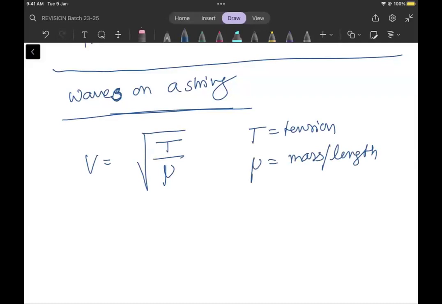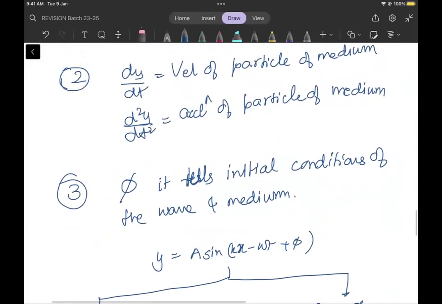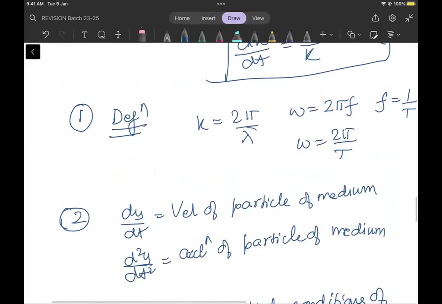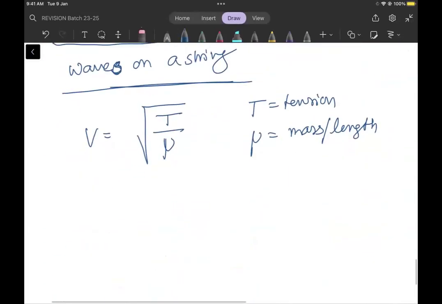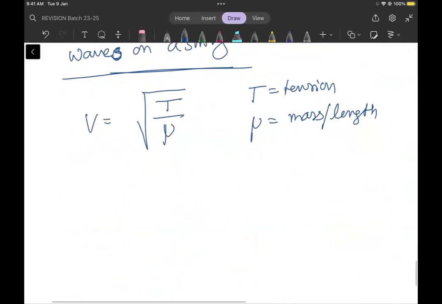We use lambda for mass per unit length, but because here lambda is reserved for wavelength, इसलिए यहाँ पे हम म्यू यूज करेंगे, वी विल प्रेफर टू यूज म्यू। ठीक है, ये हो गया हमारा वेव ऑन ए स्ट्रिंग। नाउ दिस इज द वेलोसिटी ऑफ वेव ऑन ए स्ट्रिंग।